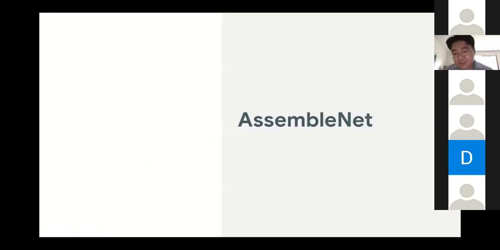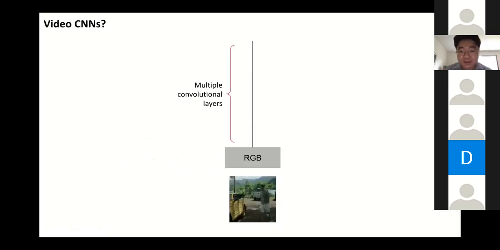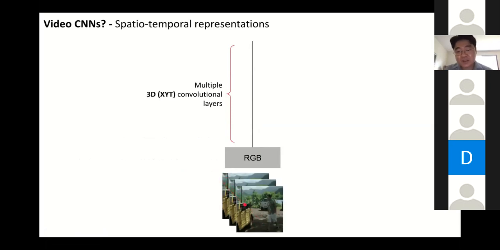Okay, so first one, CNN. And this particular model is called AssemblyNet. So what is this about? If you think about a video CNN, as I have mentioned, it either takes an image or a video and then passes it to multiple convolutional layers. Sometimes just one single image is not sufficient, obviously. So we provide multiple images, and this could be as many as like 16 frames or 64 frames, and then doing the striding within, and it can be many things. And it should be 3D space-time convolutional layers.